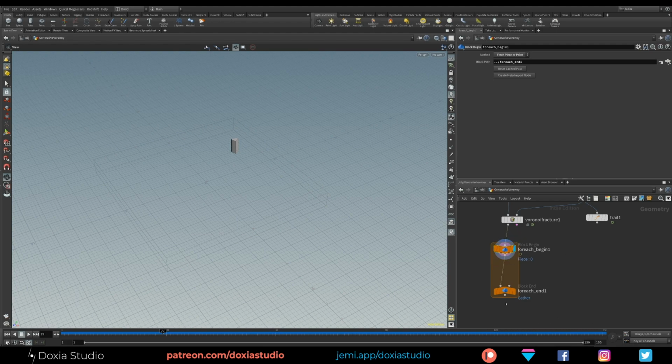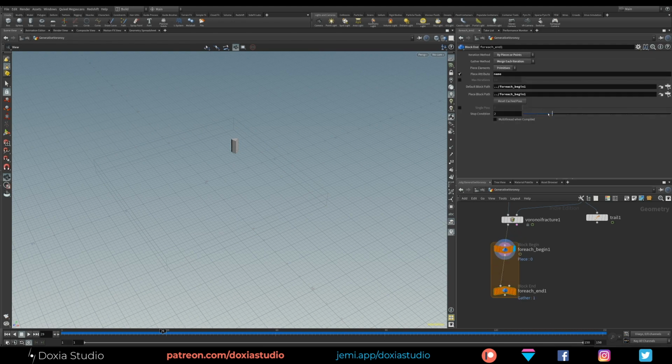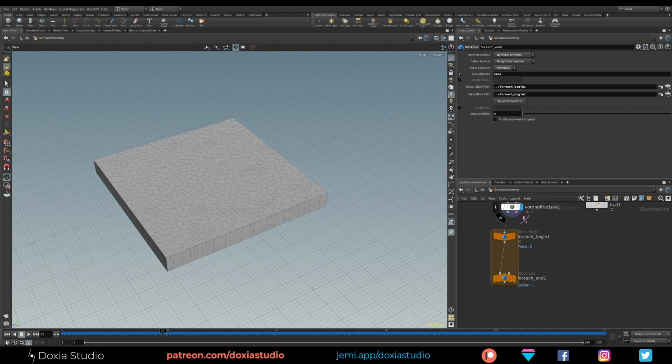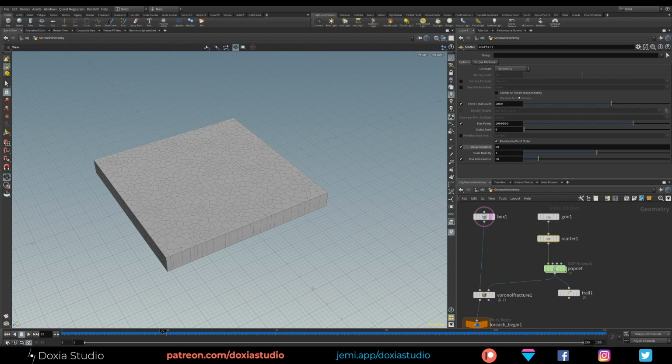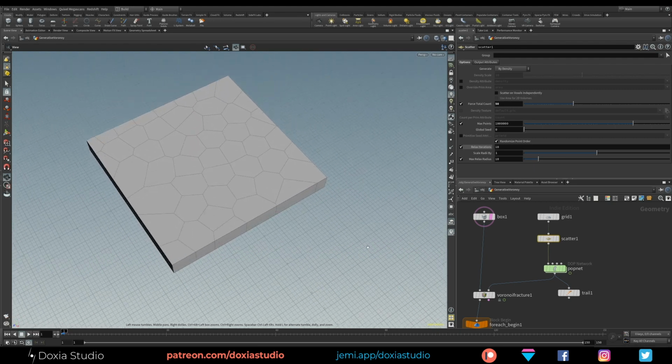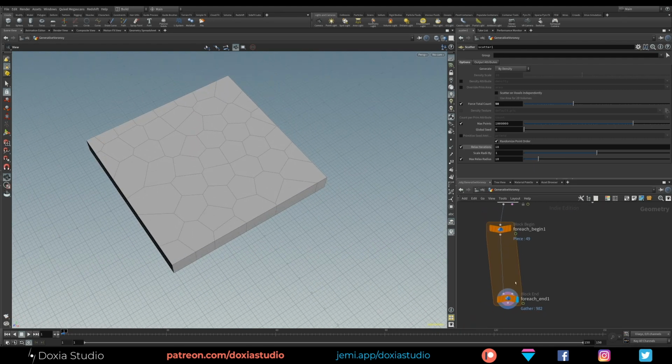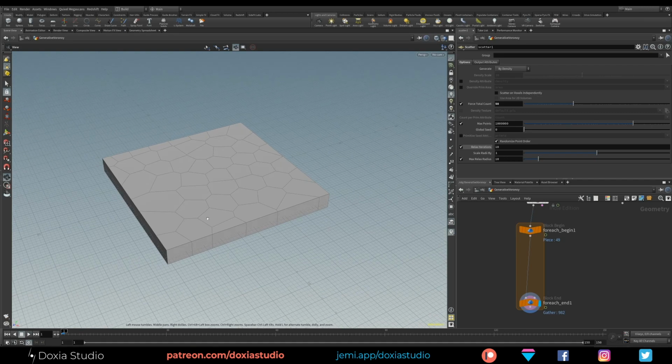I know there's a way to see a different piece, but we don't care about that. I'm going to change the number of points. Okay, 50, so we have fewer fractures and can be a little bit faster in our tutorial. Here we are going to smooth and turn these fractures a little bit into spheres.